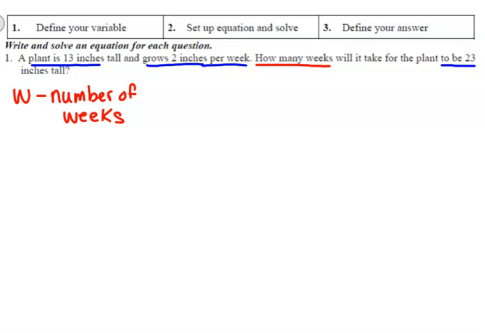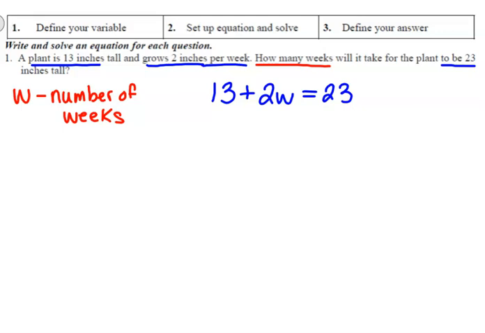So right now my plant is 13. If it grows, that means I am adding to the height 2 inches per week. So that's going to multiply by however many weeks this plant grows. And we're going to let it grow until it equals 23 inches. So that's my equation. And so now we're going to solve our equation, in this case for letter W,